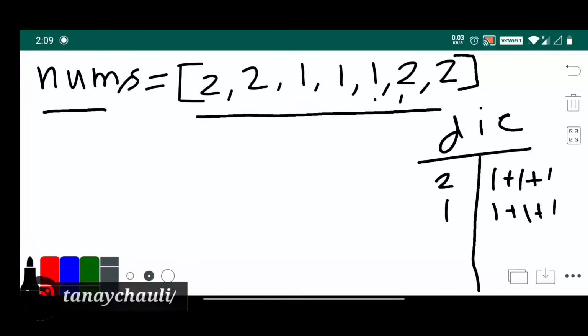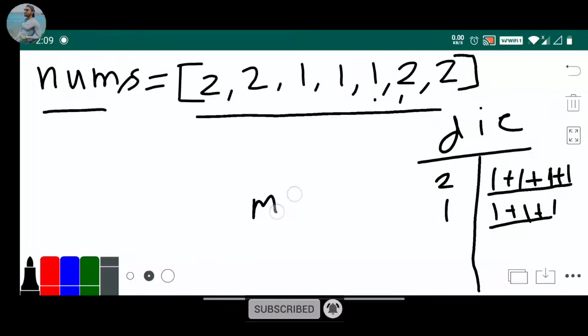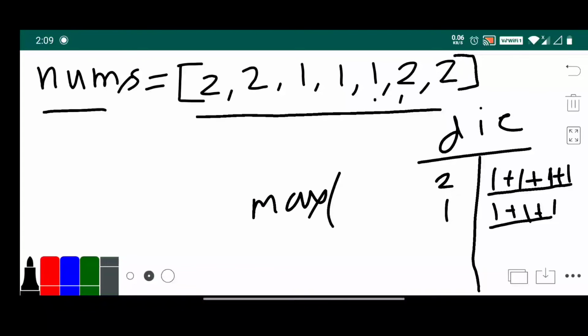Now again 2, increase the occurrence, again 2, increase the occurrence. So 2 appears 4 times and 1 appears 3 times. The maximum key value is 2, so we return 2 as our answer.